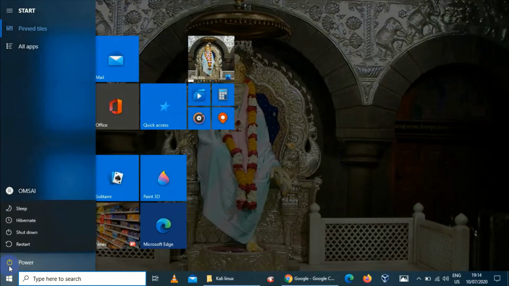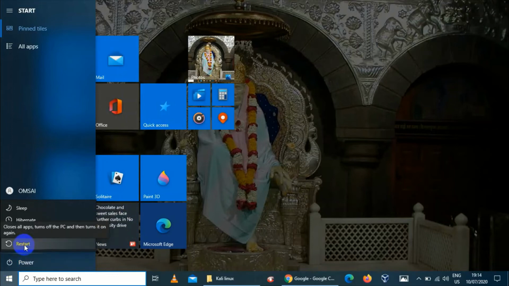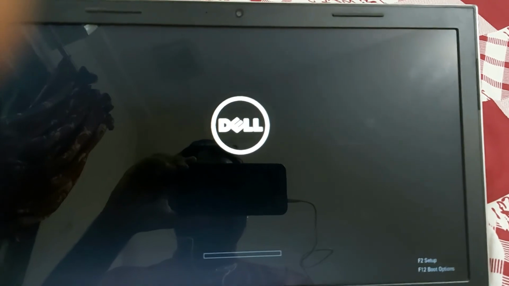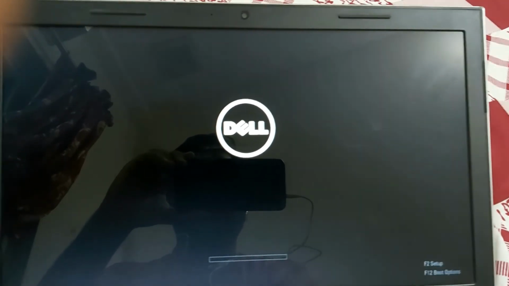We have to set the first boot for Kali Linux. For this, we restart, go into the boot settings, and select the USB drive as the first boot option. So simply we restart. While restarting, to enter the setup you have to press F10 or F2.